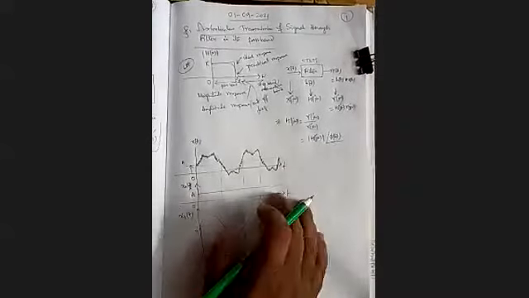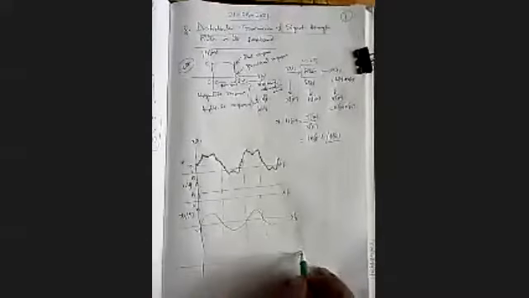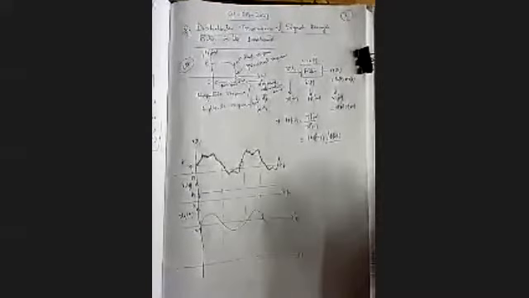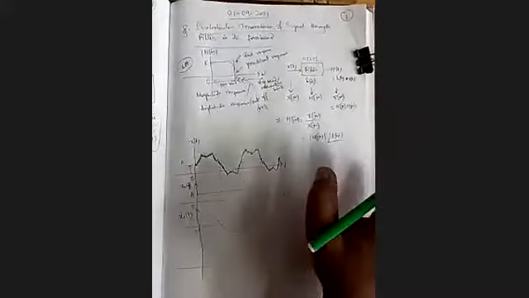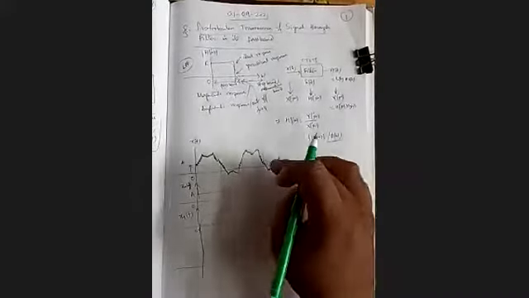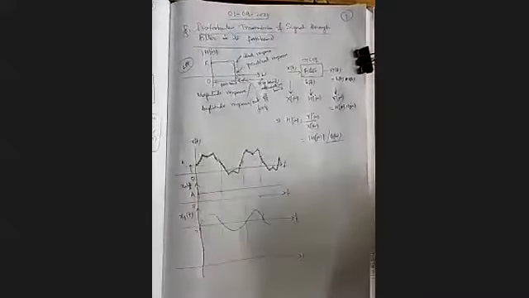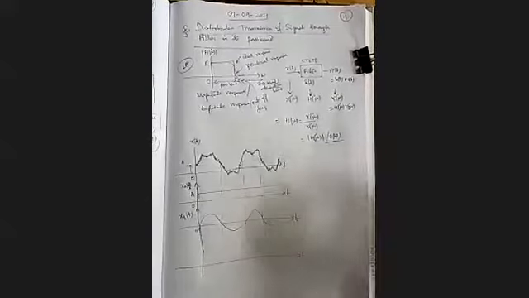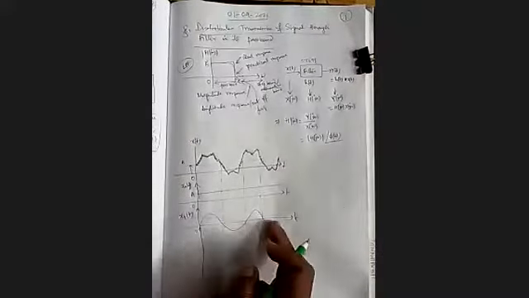For this signal, if we compute our second harmonic component, it may be zero. Don't think that it will always be zero. For this signal, I know practically that it is zero because I have already found these in terms of Fourier series using MATLAB. So I am telling you it's zero. But don't think that the second harmonic is always zero.